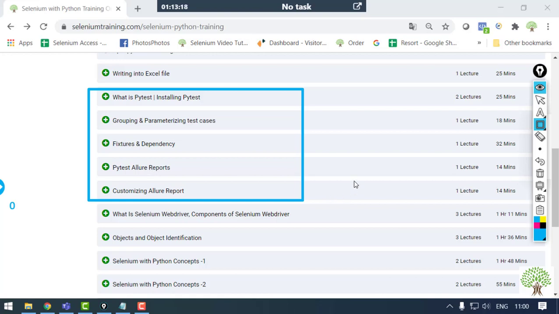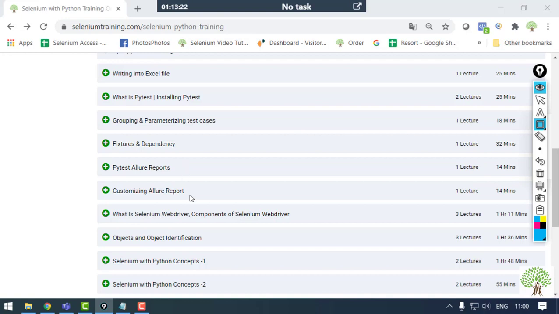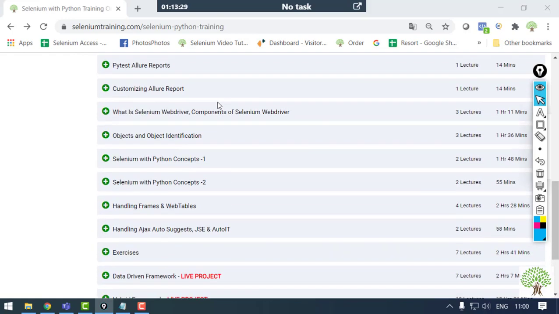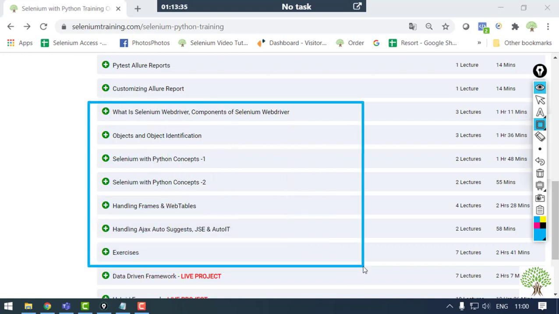The same way, once you are done with the PyTest framework, you will move on to the concept of Selenium. Now Selenium is itself a big term. We cannot just concise it into a few words.